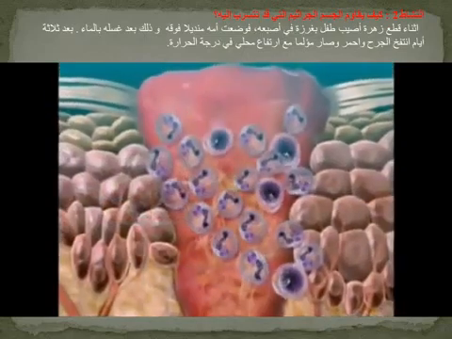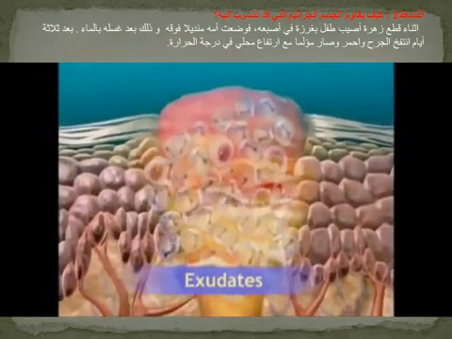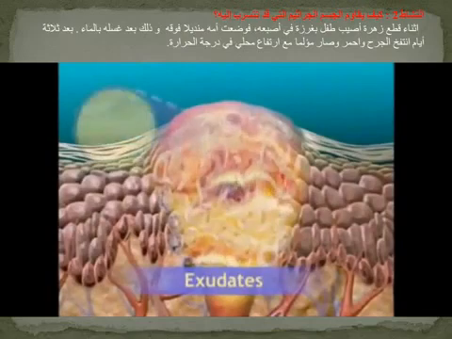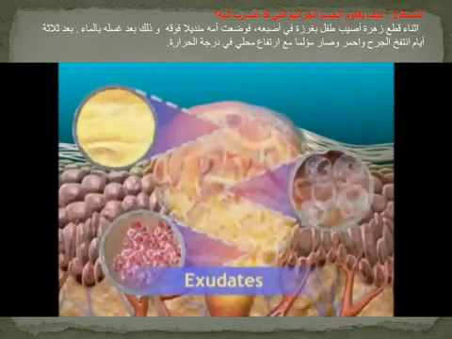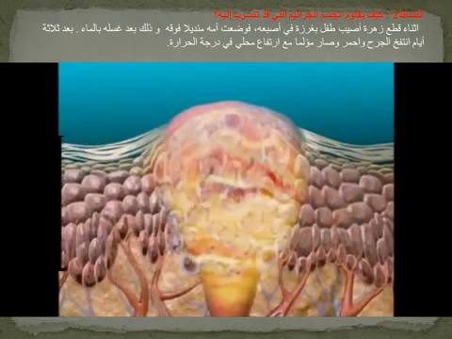Products of phagocytosis, along with plasma and blood cells, form exudates, which accumulate, causing swelling and pain. Exudates are composed of serous fluid, red blood cells, fibrinogen, or tissue debris, and white blood cell breakdown products. Concurrent with the events